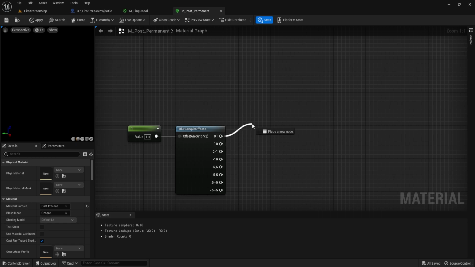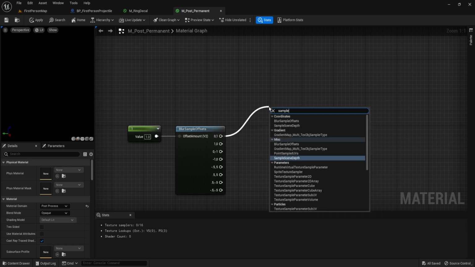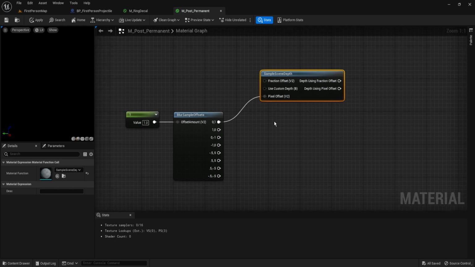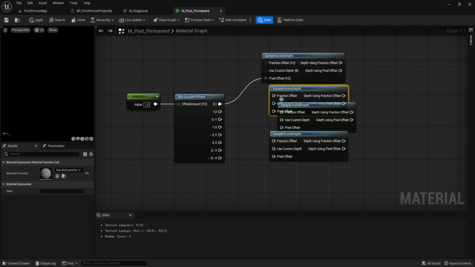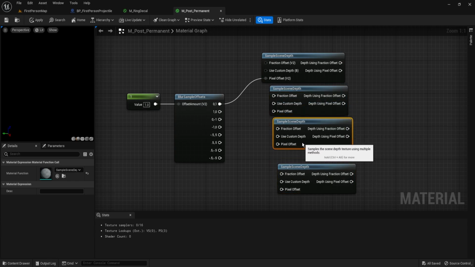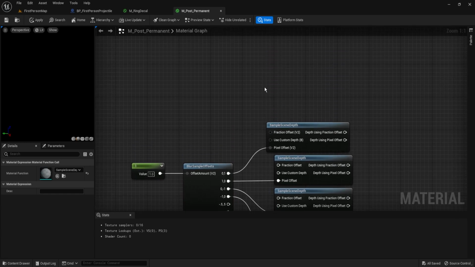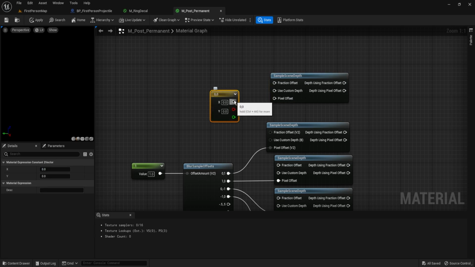So what we want to call from each of these is a sample scene depth, and make sure everything's connected to the pixel offset here. So we're going to need 4 of these, so you can copy paste them, and they're going to go into, well, in order, pretty much. There we go. Now we're going to need one last one, which is going to be here separate, and it's going to have a 2 vector node. So call it here,